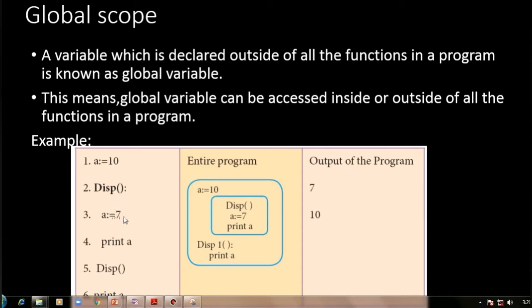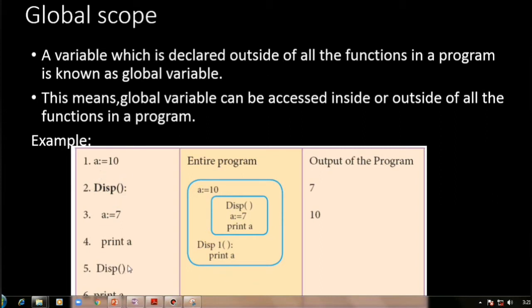Because this variable is defined within a function, the current function. A variable defined in the current function is known as local scope. The other a is declared outside of this function, and a variable declared outside of all the functions is known as global scope.